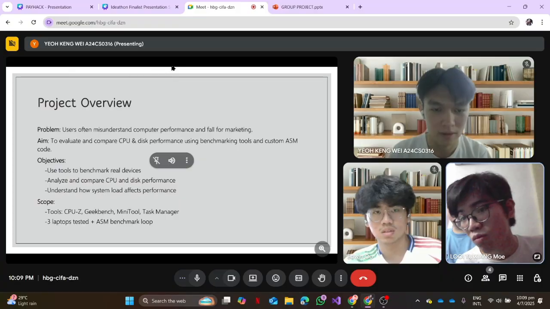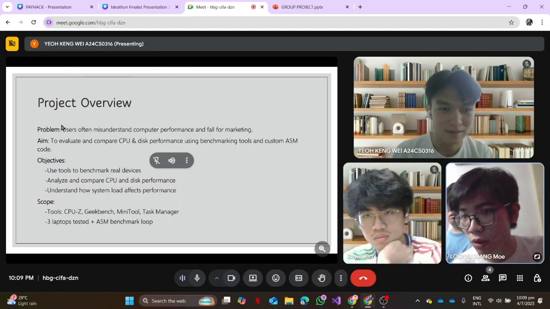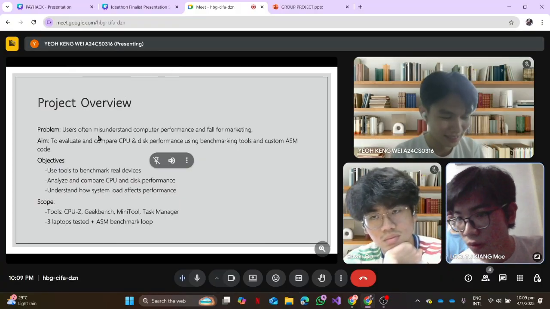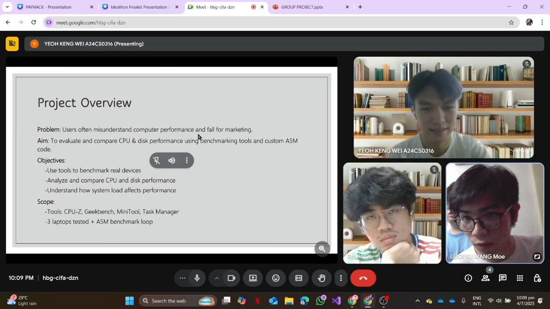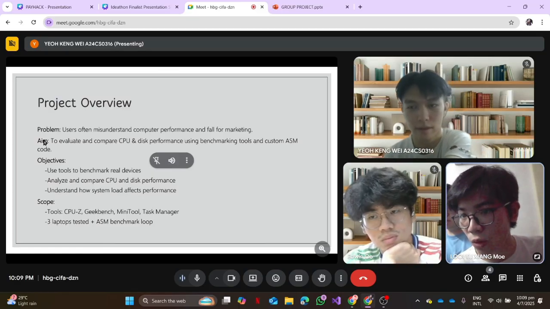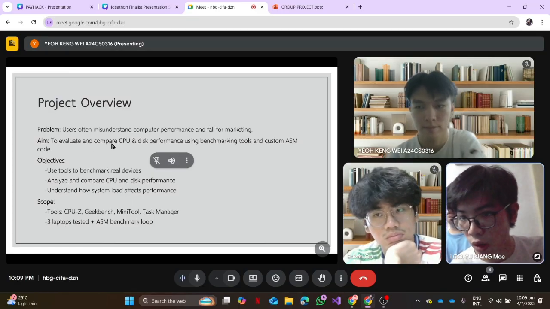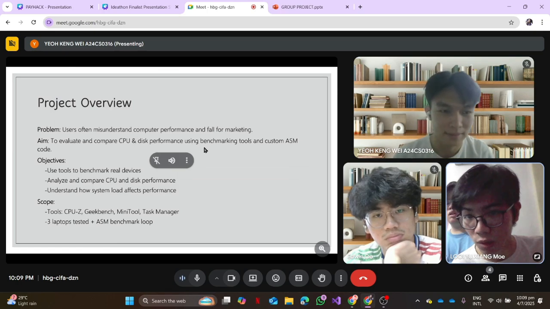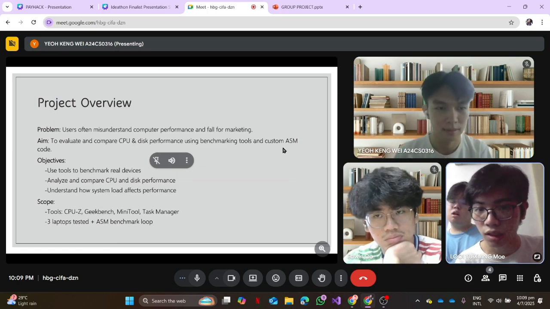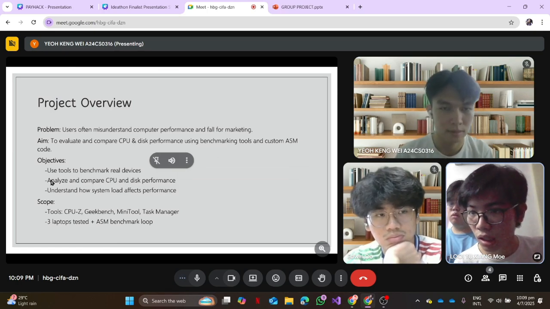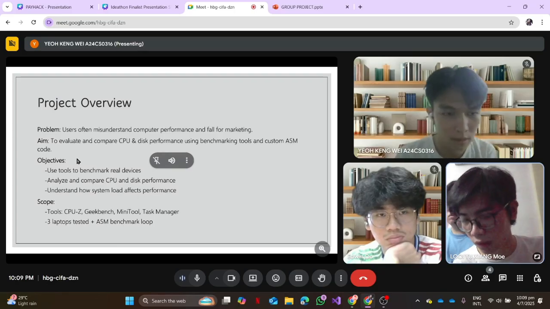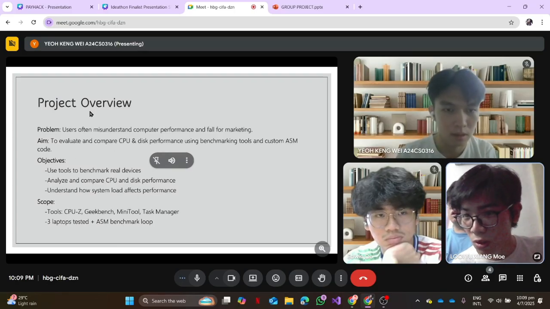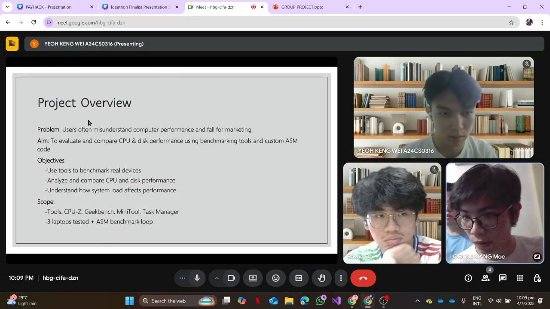This is the project's overview. First, we have the problems. Users often misunderstand computer performance and fall for marketing. We aim to evaluate and compare CPU and disk performance using benchmarking tools and custom ASM code. And the objective of the project is to use tools to benchmark real devices, analyze and compare CPU and disk performance,